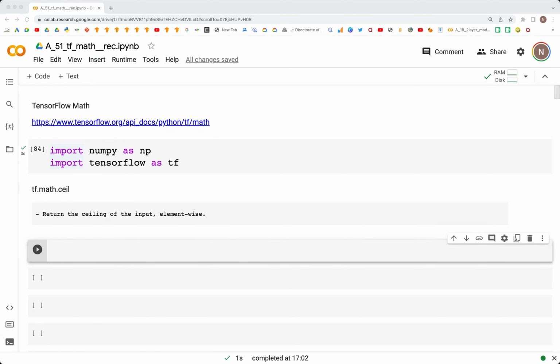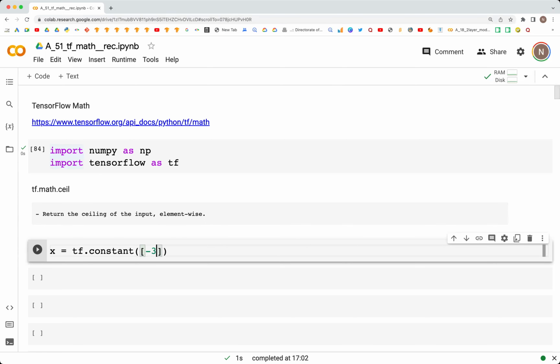Let's now look at tf.math.ceil. In this, what we get in the output is the ceiling of the values that we have in a tensor element wise. Let's create a tensor x that is equal to tf.constant, and in this we'll create some values